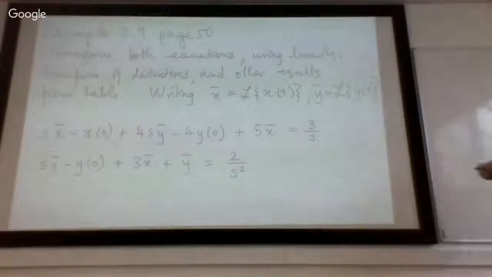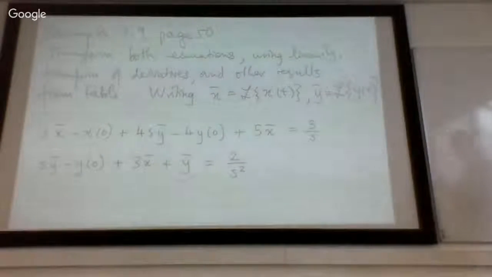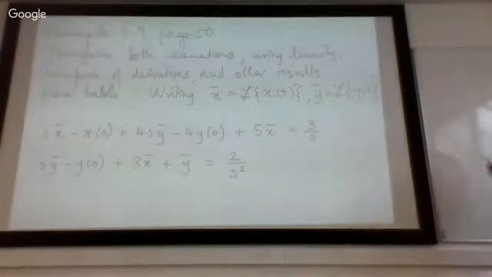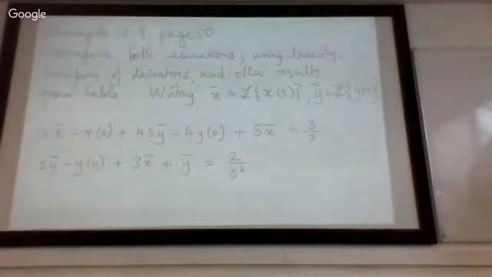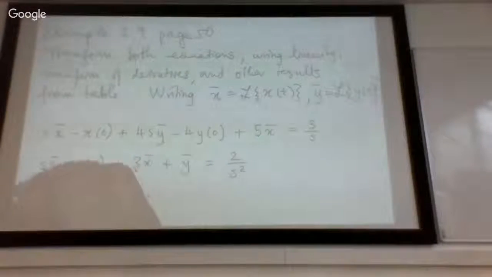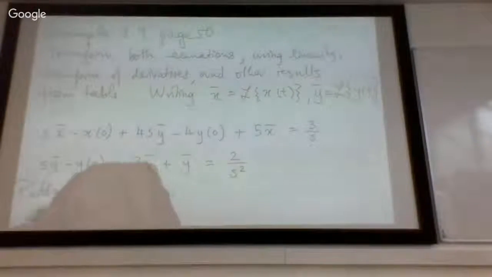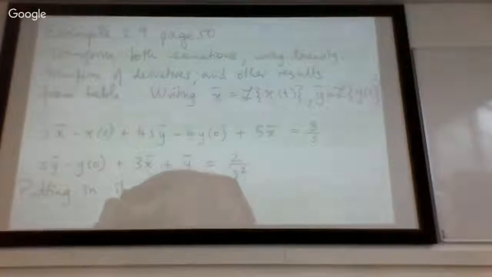Okay, that went fine, no problems there. But now we do have these constant terms, this x of 0, y of 0 appearing there, and those are the initial values of these functions, and those have been given to us in the problem. So we can substitute in their values now. Putting in the initial values, we can say